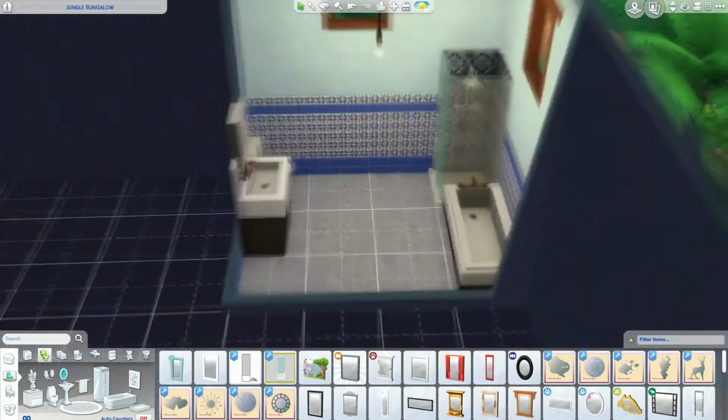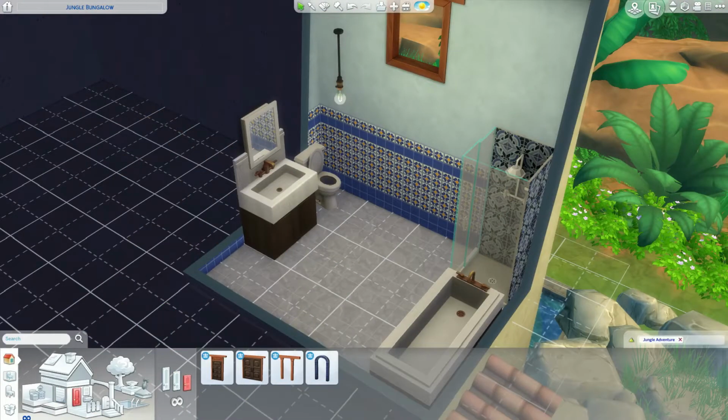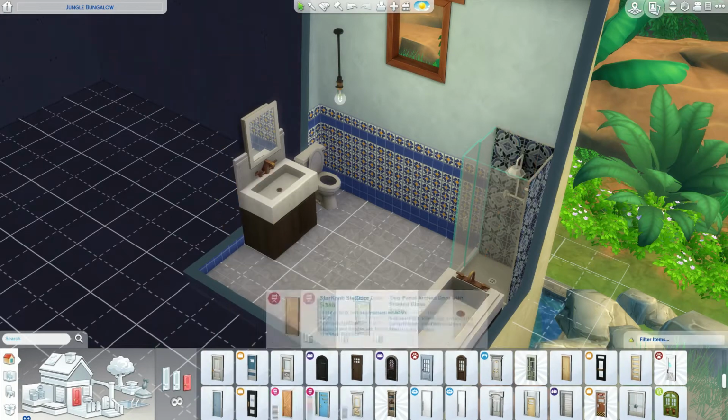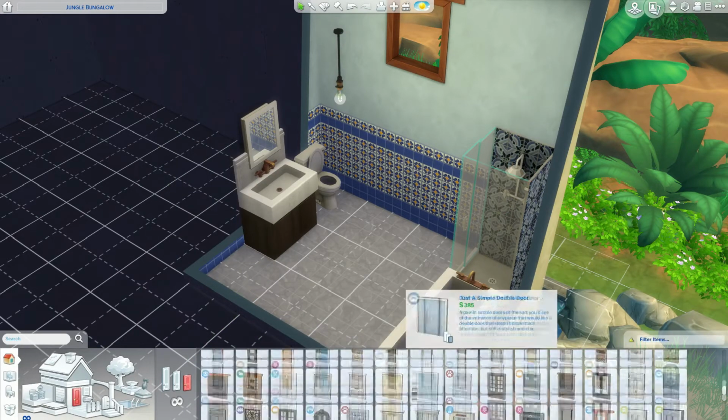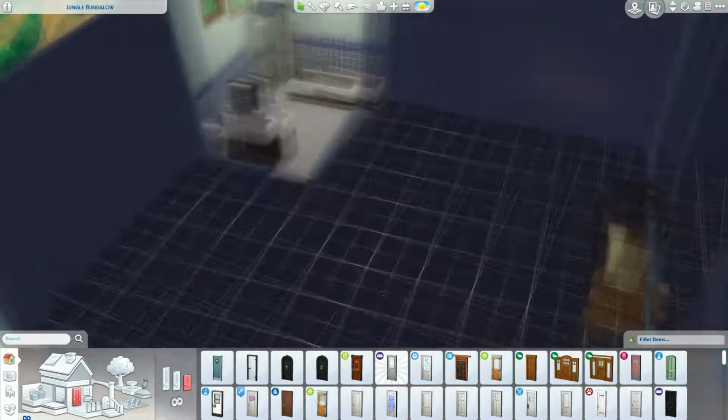And then you got a basic mirror, and then I couldn't remember where I was going to put the door. I used the movie stuff door because that is small, but it also has that sort of exotic feel to it. So I put that next to the sink, and then there was a bit of hoo-hawing and